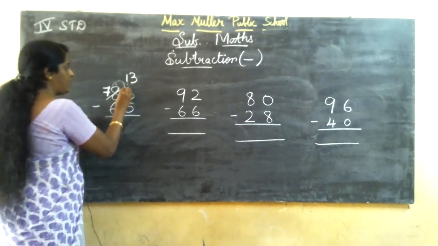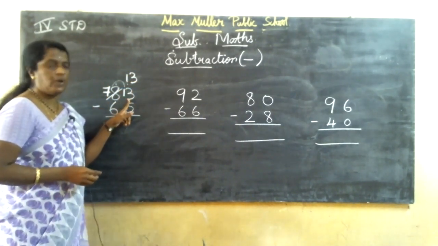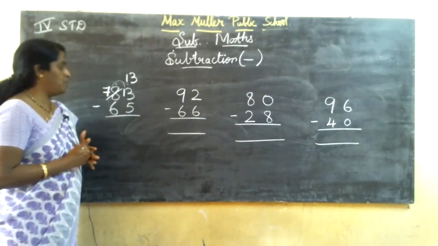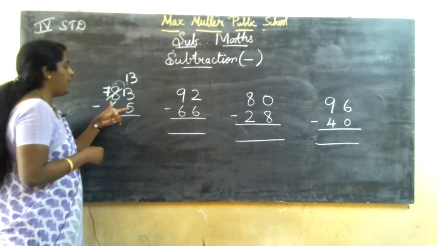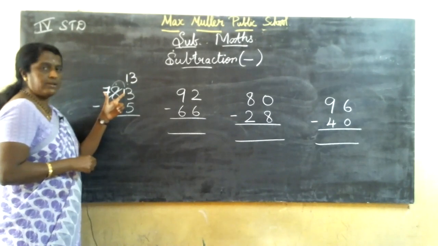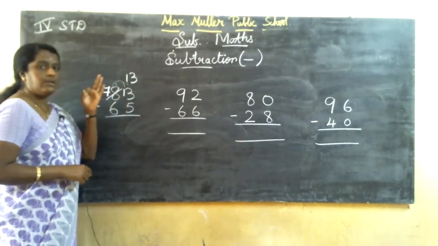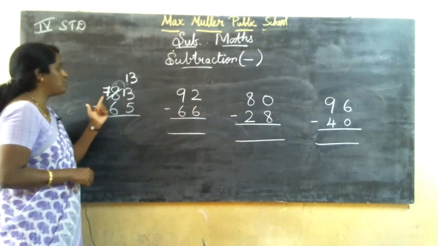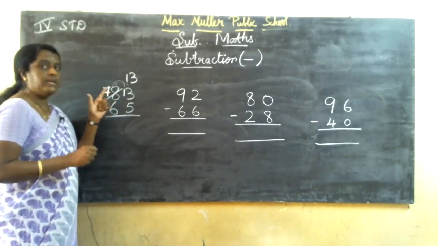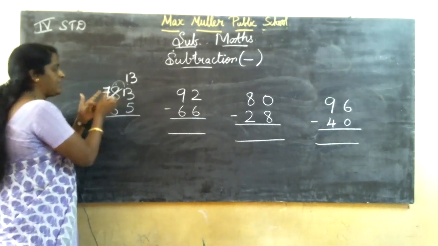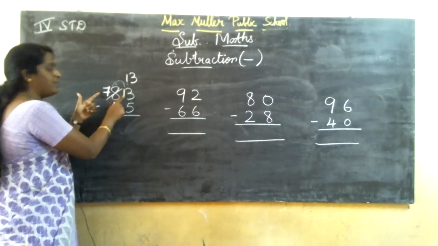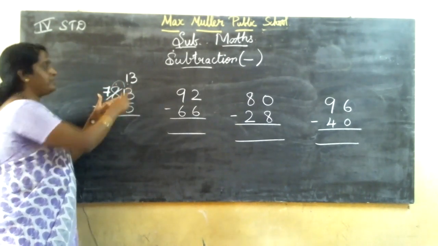So I have written it here, children. See 13. 13 minus 5. You are having 13 fingers? No. See here it will become 7. You may think how 7 came, why 1 came. You should borrow. See here 3. In 3 you can't cut 5 fingers. So you should borrow from the number before this, 8. 1 you will borrow from 8. In 8, if you borrow 1, it will become 7. So it will become 13.